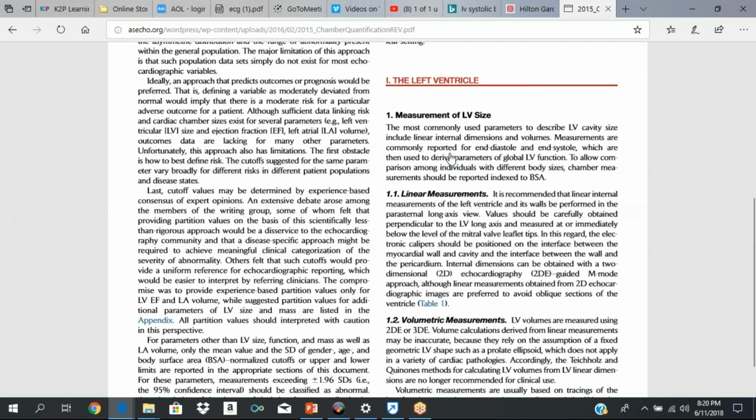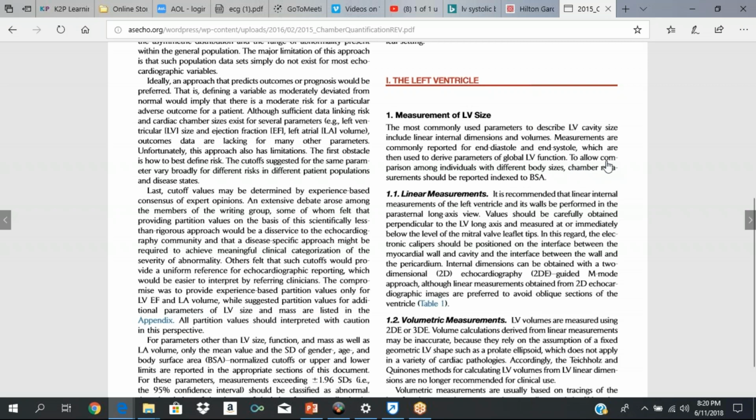If we look at the apical four-chamber view, remember we plane the border and we get the diastolic dimension, and we also get the systolic dimension, and we use the formula: ejection fraction is equal to the end diastolic dimension minus the end systolic dimension divided by the end diastolic dimension, and that gives you the ejection fraction. Okay, so those are all the things that you're going to use when you start doing your echoes to report